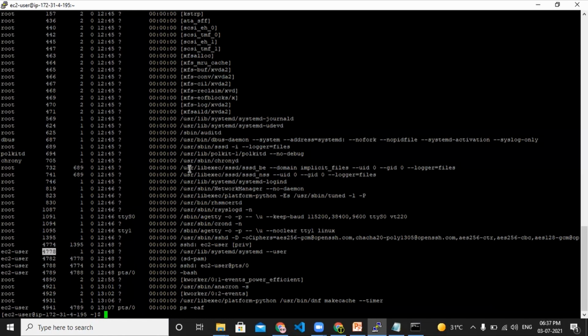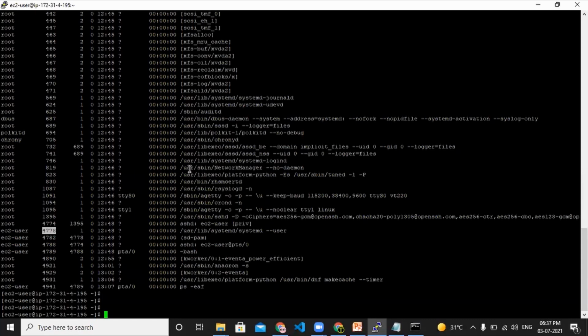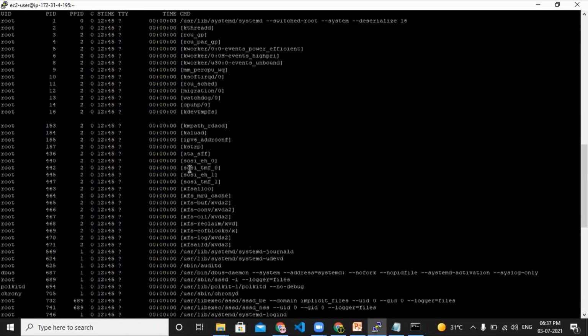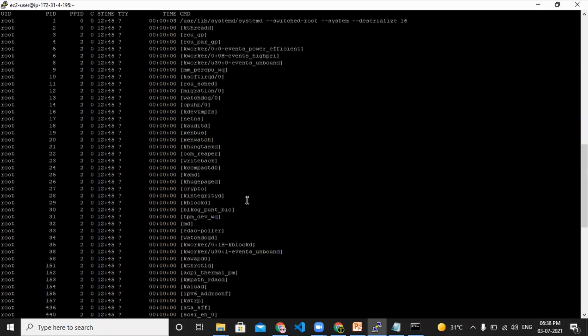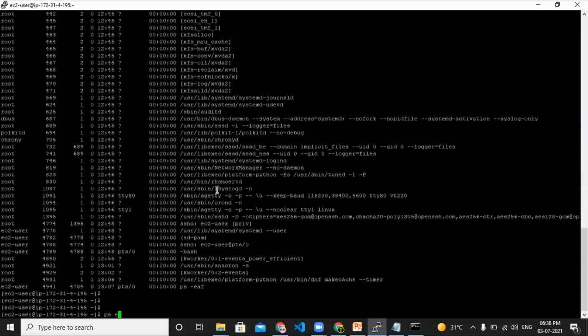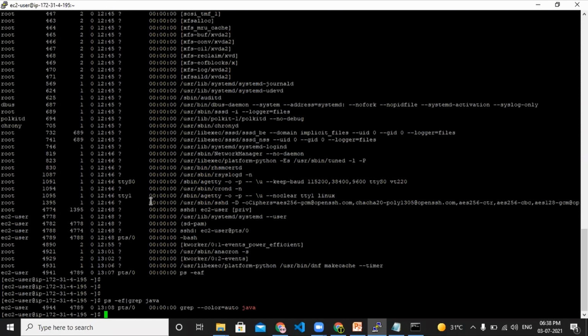In real time, we have our application processes, our server processes, our middleware server processes, middleware server in the sense Tomcat or WebLogic, any kind of process will be running here. Sometimes from a production support or database team, you will get a request to kill some process, and again we need to start it at that time, using this command. You know what the command is? ps -ef, and using grep, like ps -ef | grep java.